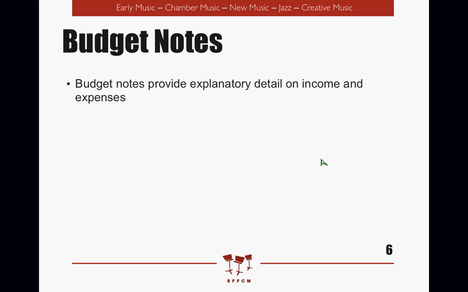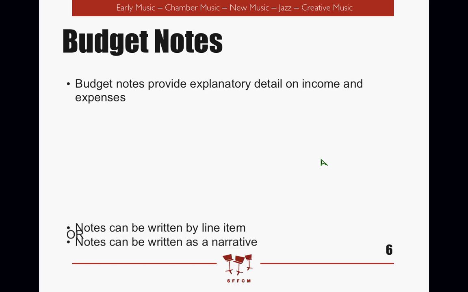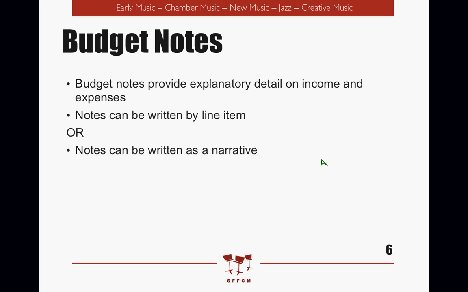Okay, budget notes. So this is section G of the application. The budget note area gives you a chance to provide detail on how you came up with the income and expenses, what your rationale is behind that. And as you'll see in the examples that we'll look at in just a few minutes, your notes can be